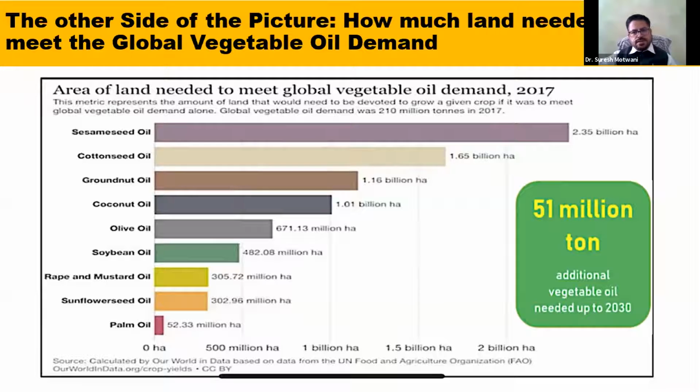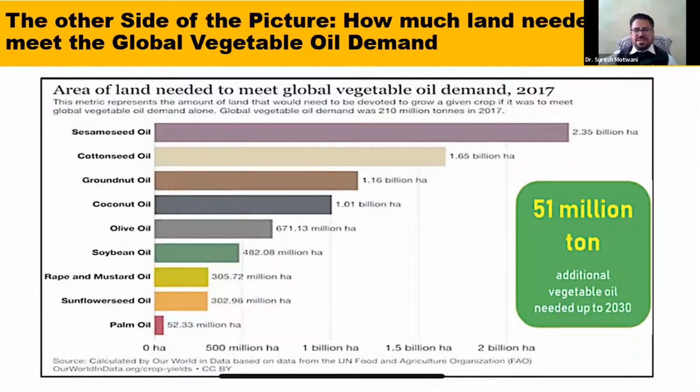Globally, we can see the figures in this slide: in 2017 or 18, our requirement was around 210 million metric tons of edible oil. If we want to fulfill this requirement without palm oil, it is not going to solve the agenda. We do not have sufficient land where other oils can give significant productivity per acre of land. If you want to replace palm oil with any other available edible oil, it requires at least 6 times, 10 times, even 12 times more land. And we all are aware the land is not there to grow more different types of crops in such a huge region. So palm oil is the solution.